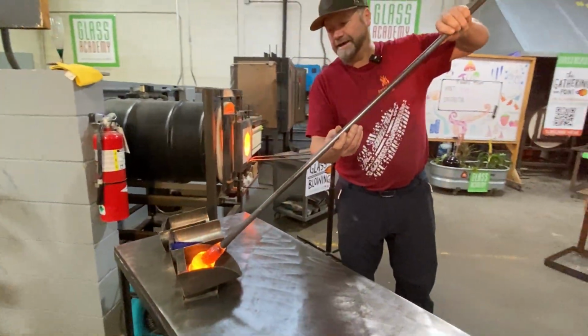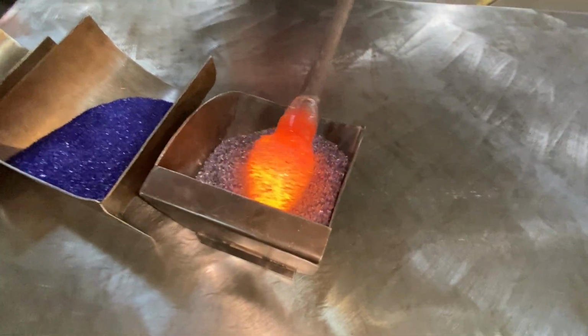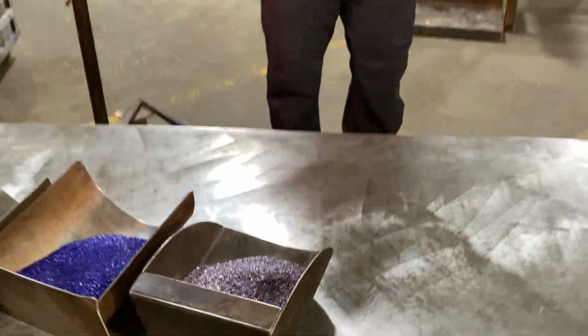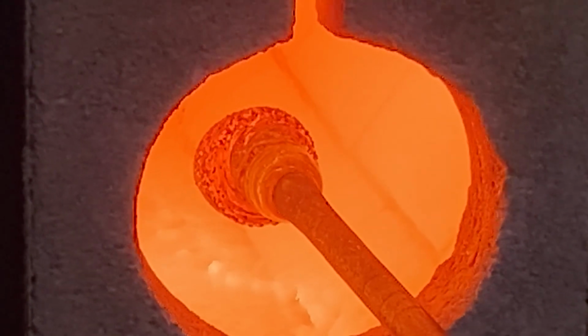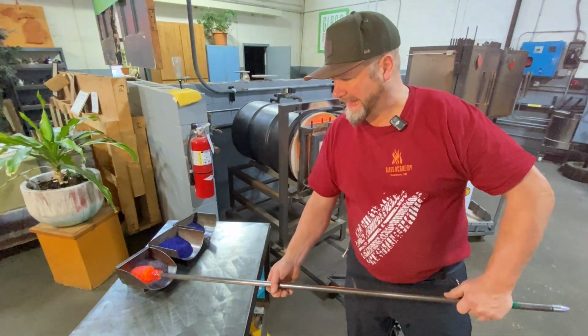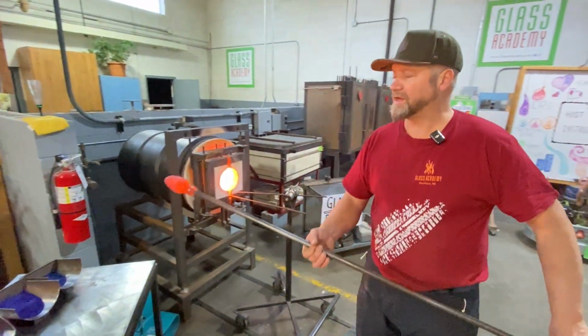Because it's so hot, it allows this other pre-mixed, beautiful candy pink to stick to the surface of the glass, so I can melt it in and get a gorgeous layer of this pink. So I'm melting that into the surface. I'm gonna do multiple layers of the pink. And if the glass wasn't as hot as it is, it wouldn't be able to pick up that colored glass